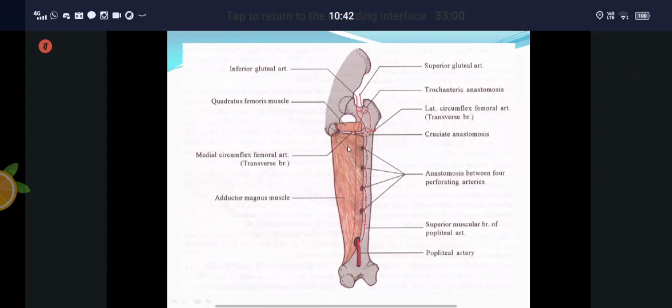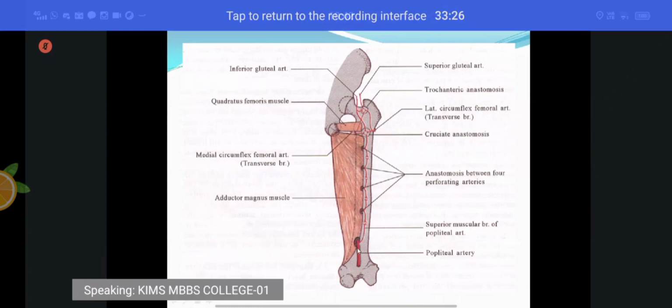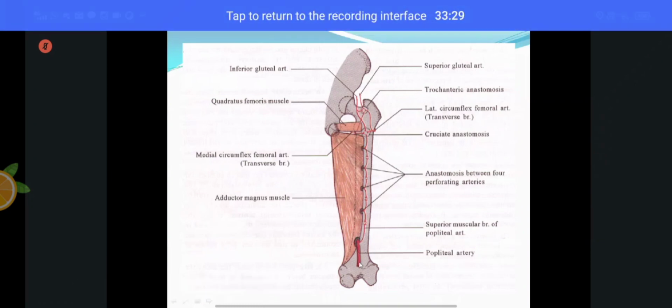So here you see that from the first, second, third, the perforating branches, which are the branches of the profunda femoris artery, pass through these openings. And through the fourth, the profunda femoris artery itself passes. And the fifth one, I already told you, the femoral artery passes through this osteoaponeurotic opening and continues as the popliteal artery. So where are these osteoaponeurotic openings? They are present within the adductor magnus. And how many are present? 5 are present. Through the upper 3, the perforating branches arising from the profunda femoris artery pass.